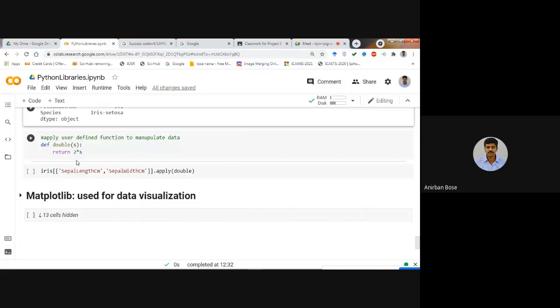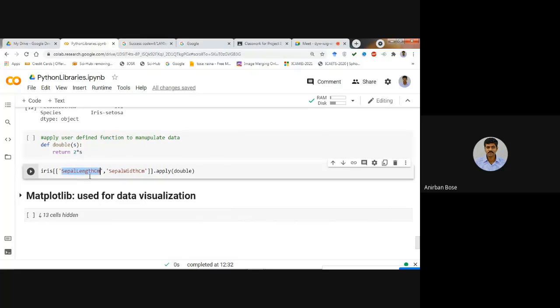So now if you want to double the column name, suppose sepal length in centimeter and sepal width in centimeter, these two column values you want to double, then the command is iris, then within a list you pass this particular list, that is the name of these two column, and then dot apply method, dot apply double.